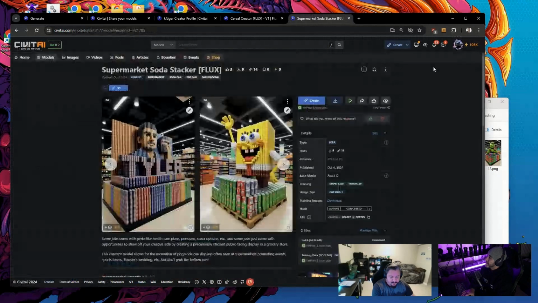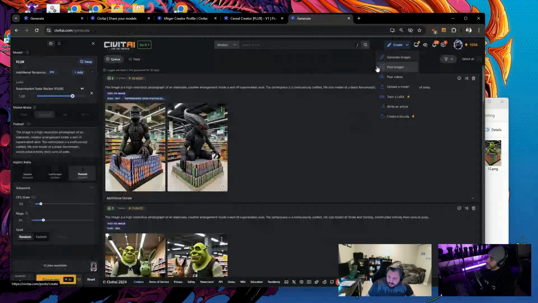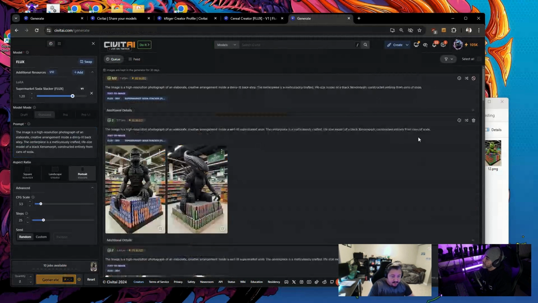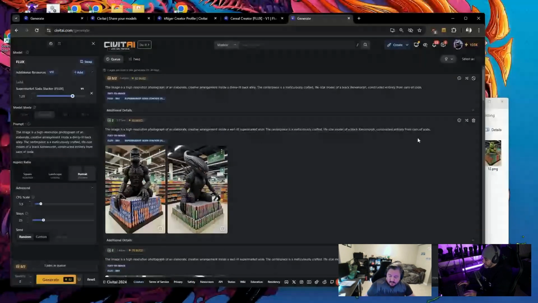You sharing your screen now, or are we... No, I'm going to let them generate first. All right. But no, yeah, you guys can also please change this, like say inside of a well-lit supermarket aisle, a dim lit back alley. Let's see what happens. Actually, I have an idea. I have one. I'm going to try. Yeah, we're going to Dollarama.